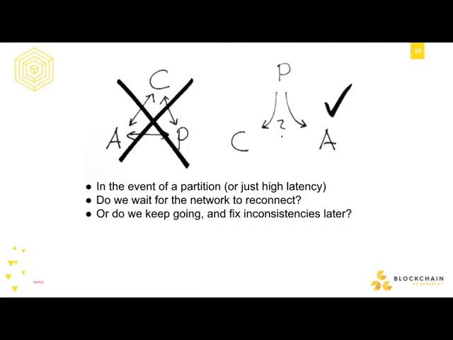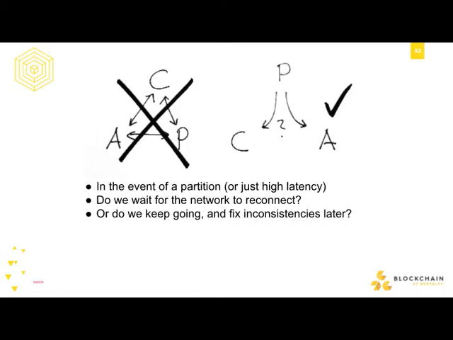So we talked earlier about the CAP theorem, and it's always talked about as, like, you can choose two of the three: partition tolerance, availability, or consistency. But it's not really that. You're on the internet, there are going to be network partitions, right? The network's going to go down. What do you do when there's a network partition? Do you go, okay, we don't have a quorum, we don't have enough of the validators online, we can't proceed, we just have to wait, and then maybe you end up waiting forever if some of those nodes got destroyed, or you just go, well, they might be gone, they might not come back, who knows, we'll just keep going, we'll process transactions.